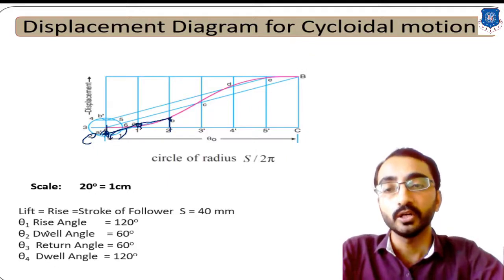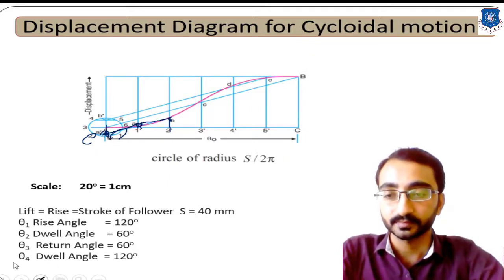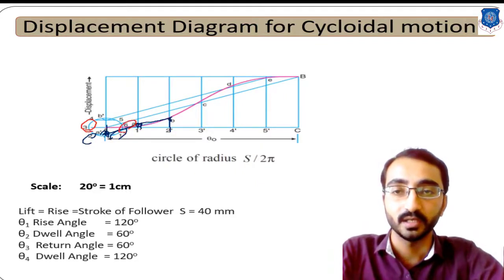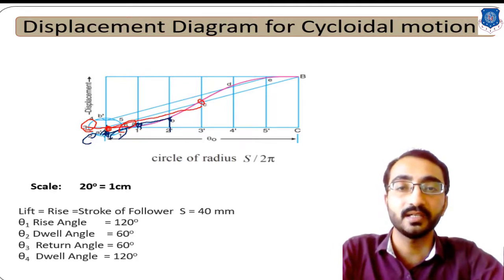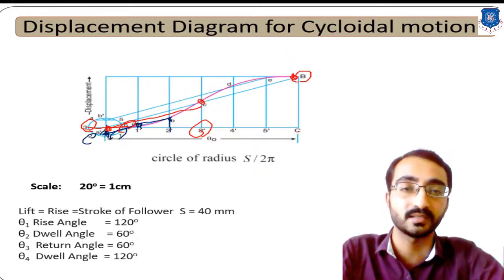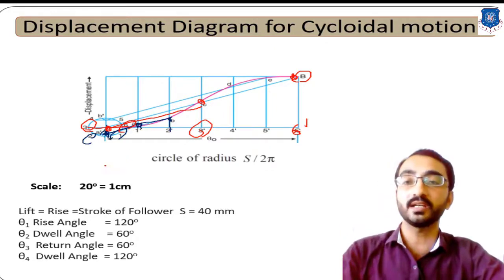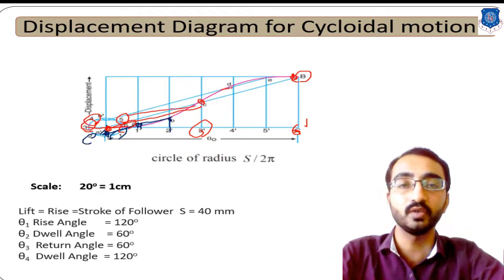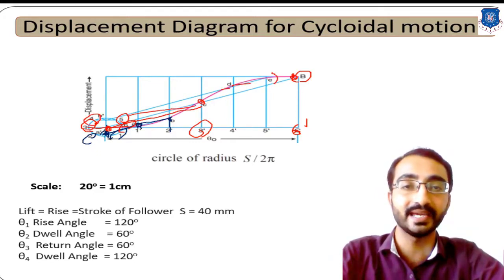Now your third and sixth points, sorry, they are intersecting at this intermediate point. So from this intermediate extension line, this third division will give you 3 dash and this sixth one will give you the final point 6 dash. This sixth dash will give you the final point over here. Similarly, you can extend point 4 and point 5 and that will give you the intersection points such as B and E over here.